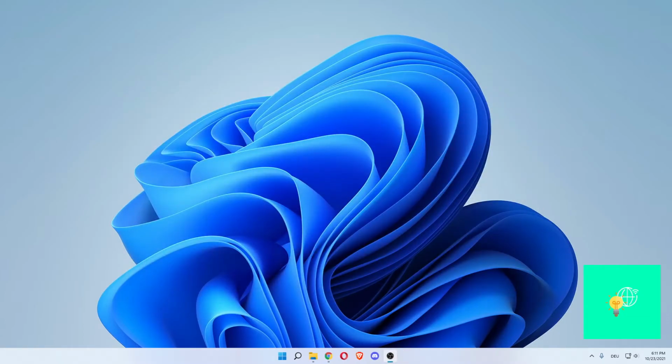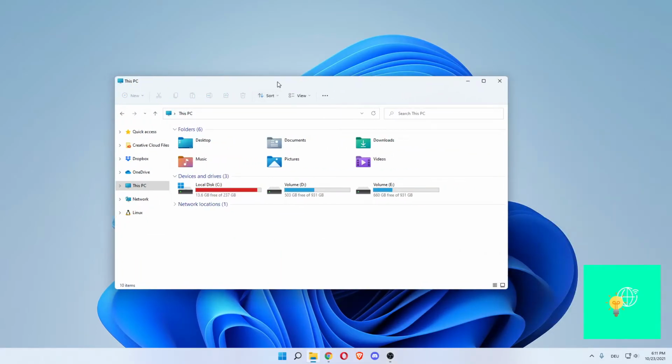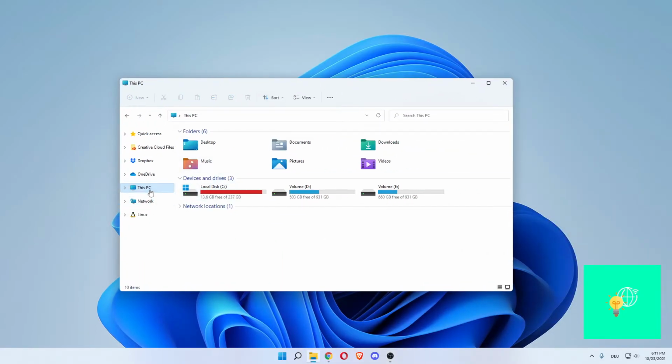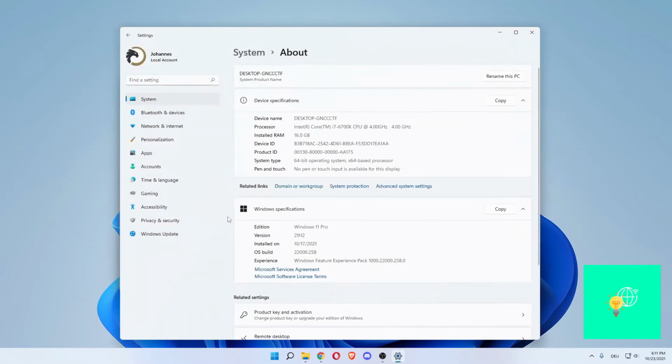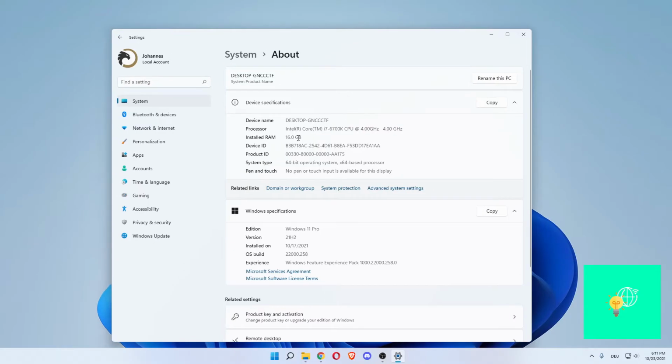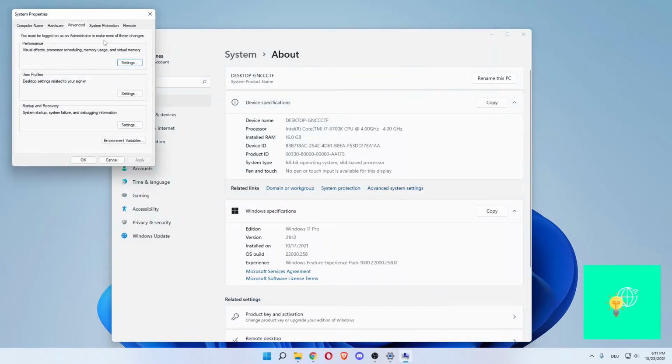Now you want to open up your File Explorer, go to This PC, right click it, go to Properties, which will open up this System About page. What you now want to go to is Advanced System Settings over here on the right, which will open up